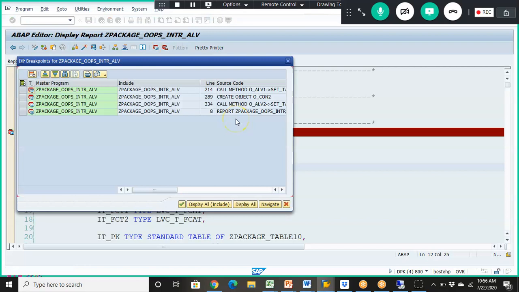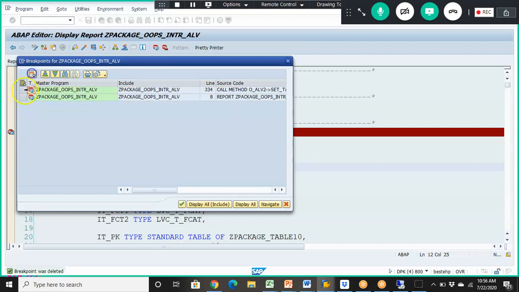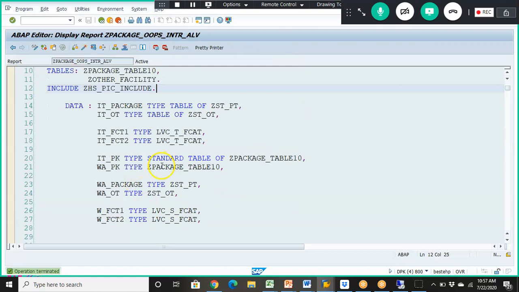So in the display, you got four breakpoints. You can see where exactly the breakpoint is there. You can see the line in which we have the breakpoint. So everything can be visible here. Now what we can do is select this and click on this delete row, and then here we have delete row, and here again we'll have delete row. So all the breakpoints are now removed. Breakpoints were deleted. So if you close this, the breakpoints are not there.